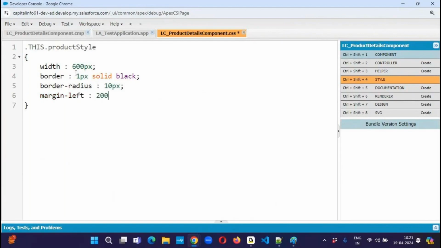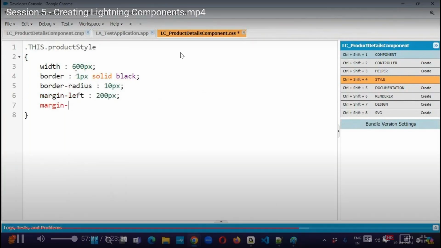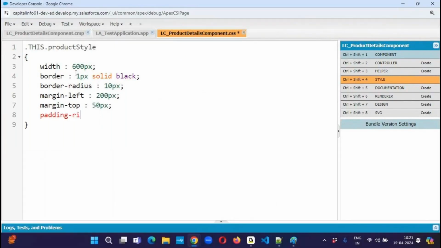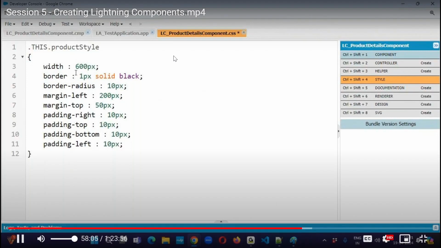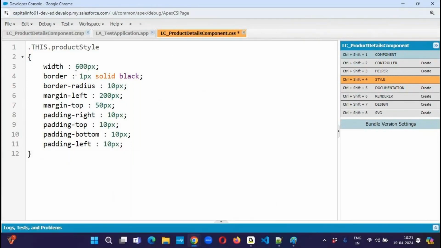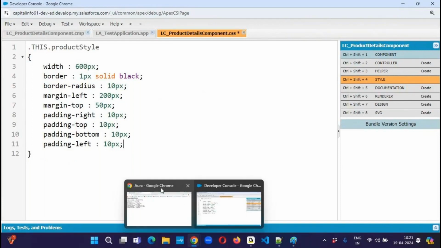Margin left, I'm giving 200 pixels. Margin top, 50 pixels. Padding right, 10 pixel. Padding top, 10 pixel. Padding bottom, 10 pixel. Padding left, 10 pixel. Okay, these are all the various styles over here. Now, suppose upon writing these styles, if you're facing any difficulty, we can refer to the internet